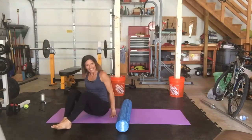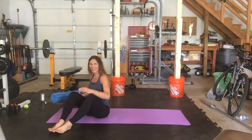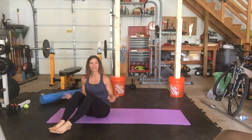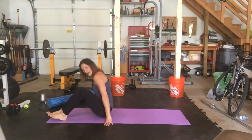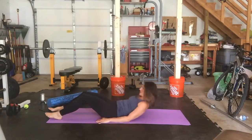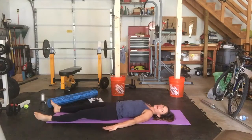So I think we got all of the areas. So now we're going to do a quick reassessment, and then we're going to do a little bit more with that spinal alignment, okay? So let's go ahead and come back to the mat. On your back, hands down. And I want you to go back and see if you feel a little bit more of your body compressing into the earth. Noticing your hands, noticing where your wrists are, noticing where your feet are, noticing your shoulder blades,